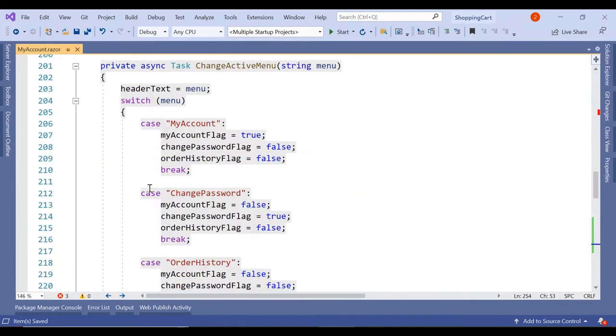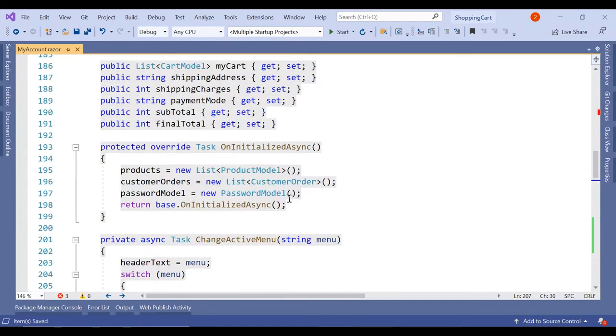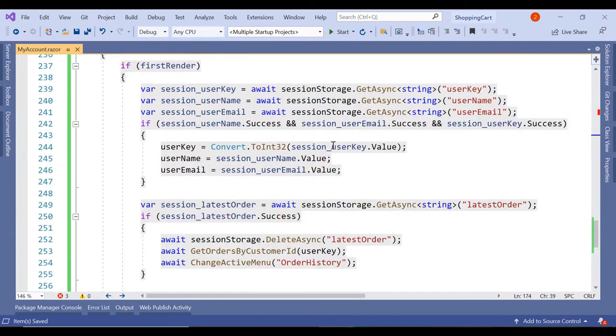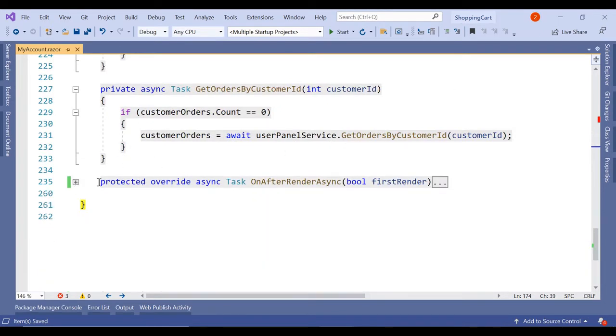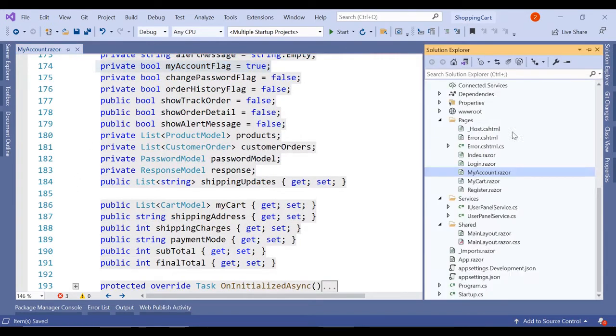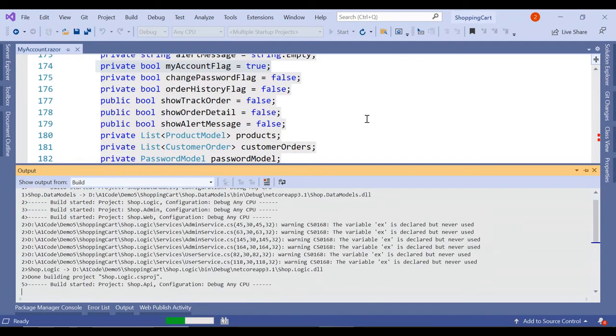But if the user has not placed any order and is simply logging in and coming back to the user screen, in that case My Account will be the default flag. So here we have set the My Account flag as true by default. By default we are going to show this, but if the user has done the checkout process, then we are going to show the Order History tab. Okay, so this looks fine. So let's run the code. I think it should work. Then we'll write the code to pull the data from the APIs.